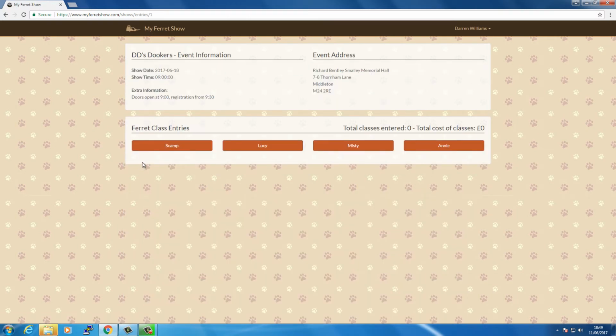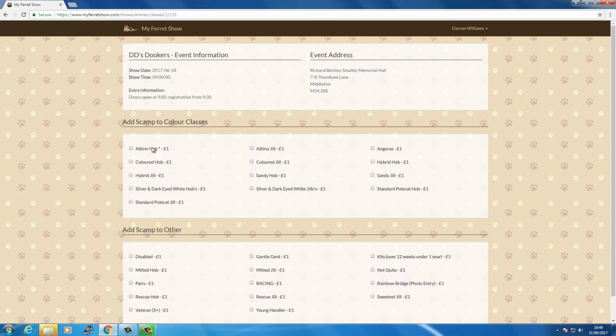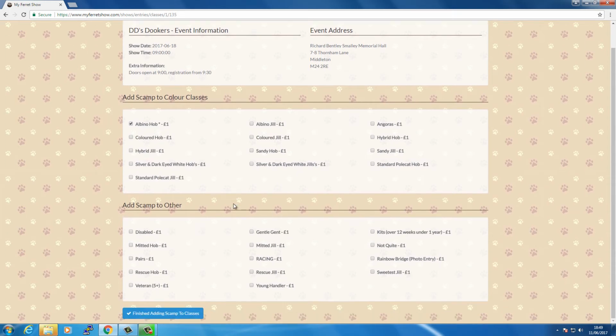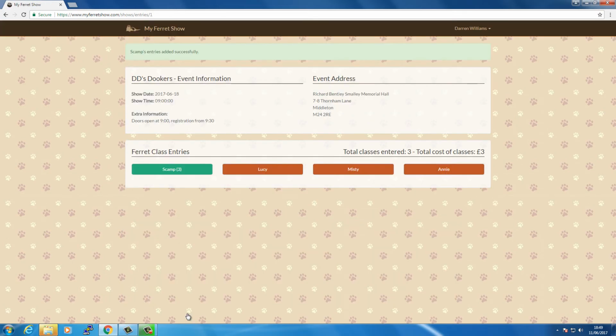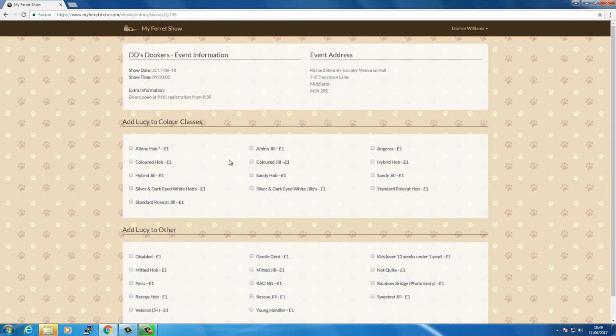As you can see, the ferrets here are listed out and they're red coloured, showing that we haven't entered them into any classes. So we simply click on one of the ferrets' names and we can choose here which classes we want to add them to. So I'll add him to Disabled, Albino Hob, and we might stick him in for the racing as well. Then finish adding Scamp to classes, and we just now repeat that